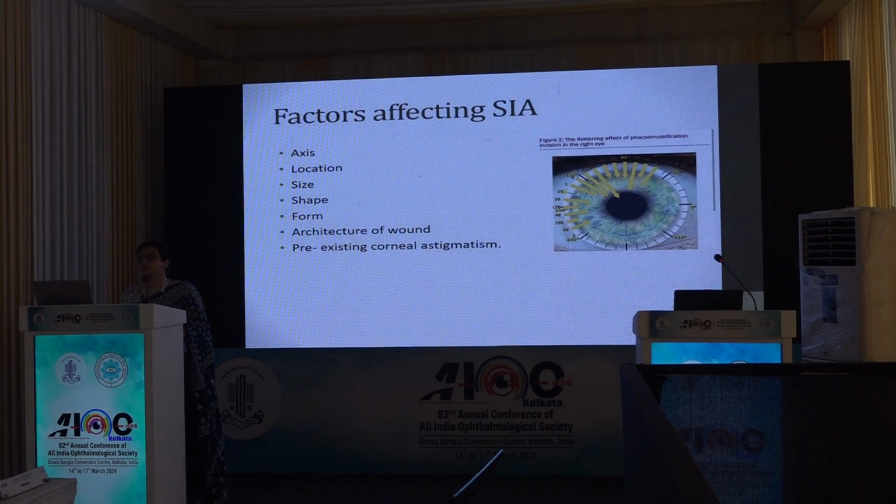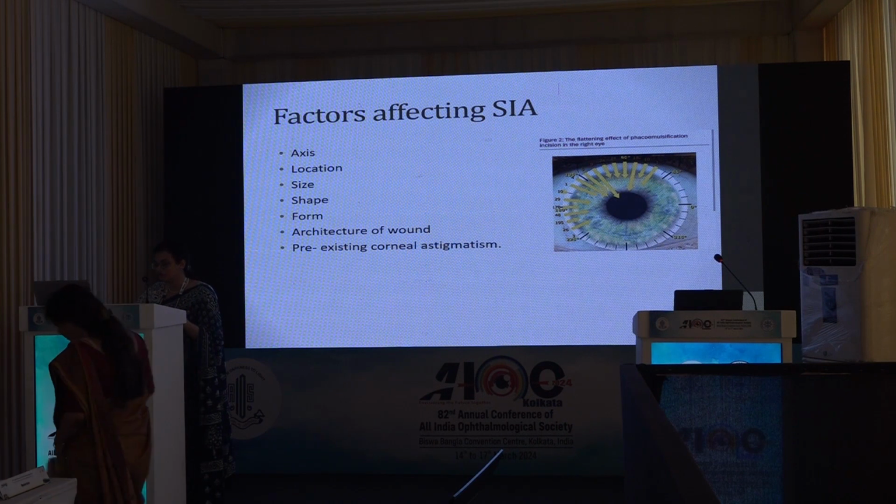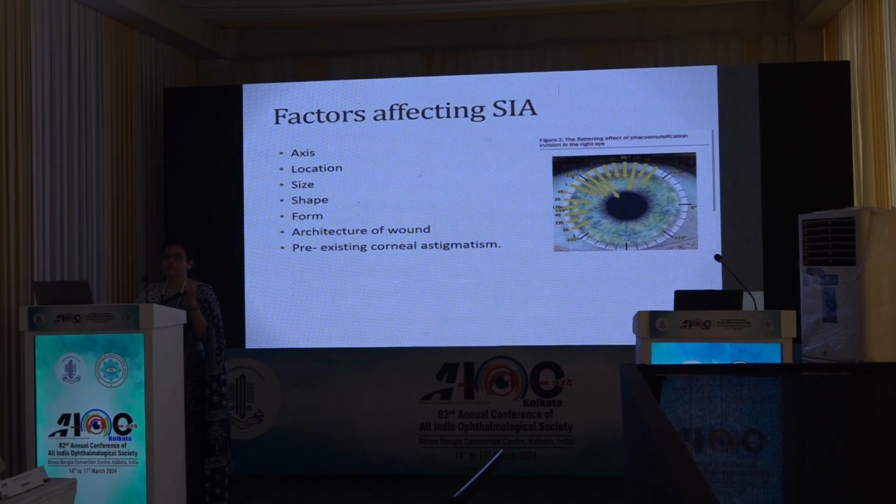Now surgically induced astigmatism depends upon various factors, like the axis on which it is acting, the axis on which we take the incision, then the location, and the size, so 2.2, 2.8 or 3.2 mm or higher. Gradually as the size of the incision increases, the surgically induced astigmatism also increases. The shape, there are various shapes: linear, square, rectangular. The form, how the wound is formed, like uniplanar, biplanar, triplanar, the architecture of the wound,